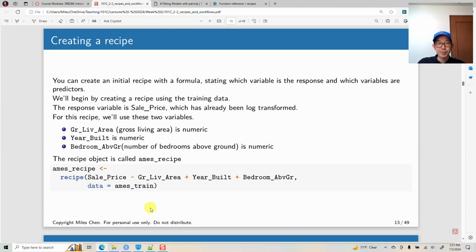Okay, so we can create an initial recipe with a formula, and the formula, with that tilde, sets up and says, this is the response variable. These are the variables that we're going to use for predictors, okay? So here we're going to say, I want to predict sale price based on gross living area, basically the square footage of the house, the year that the house was built, okay, and then the bedrooms above ground, okay, and these are all numeric. Sale price has already been log transformed, so we'll use